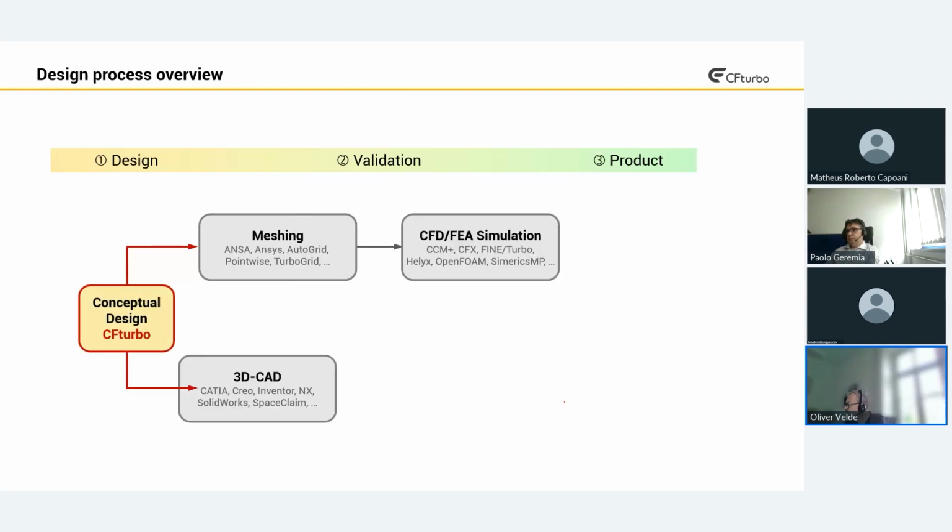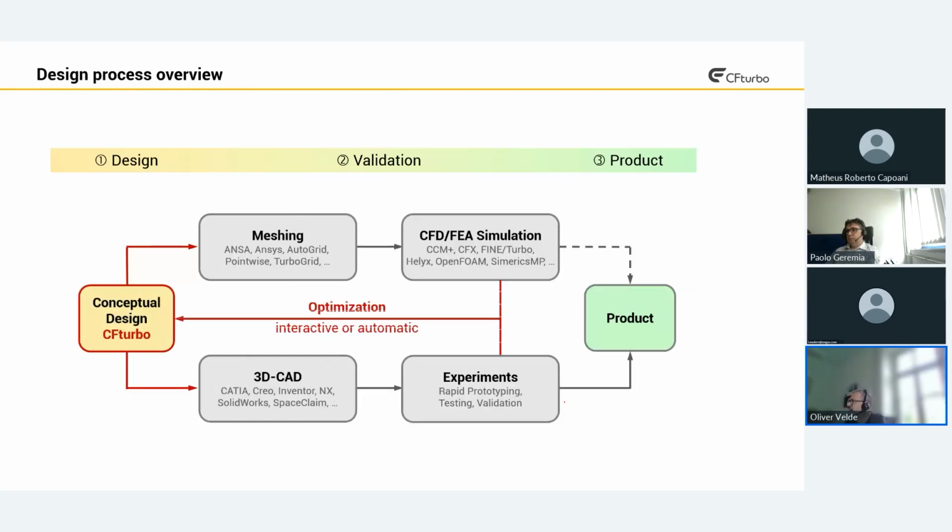And maybe the last page I want to show is how we see CFturbo in the design process. There is the geometry generated by CFturbo, and one wants to validate it quickly, and therefore we have implemented a set of interfaces, and those interfaces allow quick meshing and simulation, and the whole thing can be part of